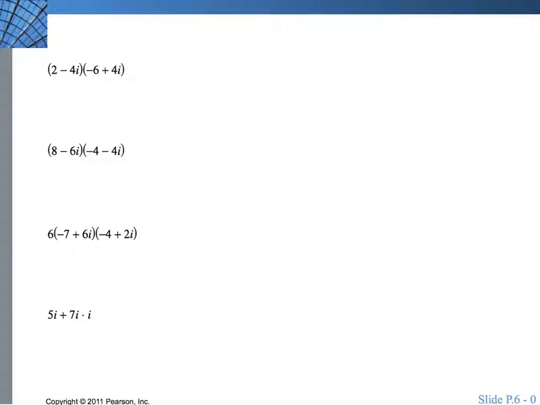All right, now we are getting to multiplying more of these complex numbers, and you multiply by distributing, or some of you think of the acronym FOIL when you're multiplying these. So if I do that with this first one up here, I need to take 2 times -6, which is -12, and then I take 2 times 4i, which is 8i. Then I distribute the -4i times the -6. 2 negatives make a positive, so plus 24i, and negative 4i times positive 4i. That's negative